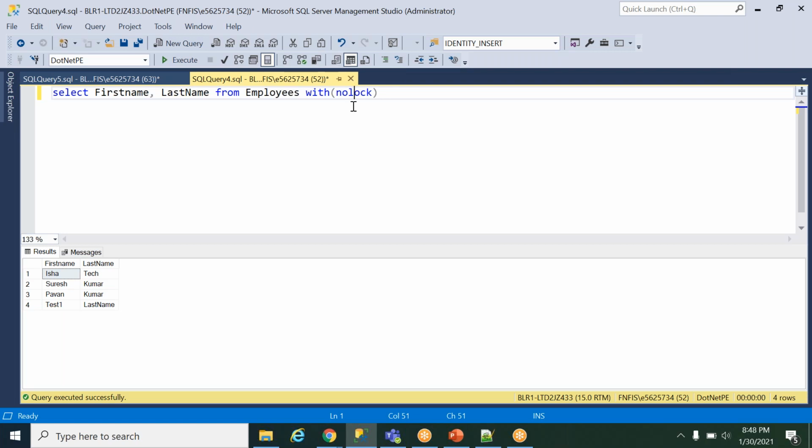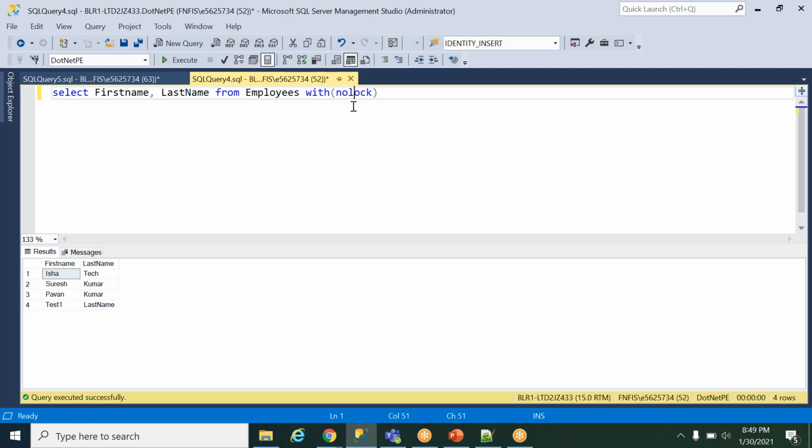Even when 100 users are updating, whatever is done as of now, that information you will get properly. Whatever is not done, you will not get, because no lock is there, because you are not considering the updated data. You are just trying to get the information. So these kinds of problems you will get.